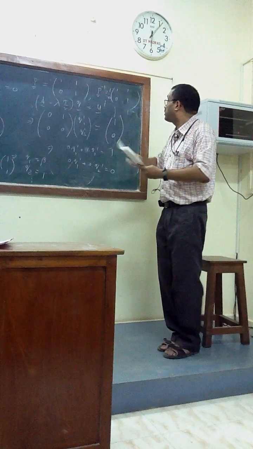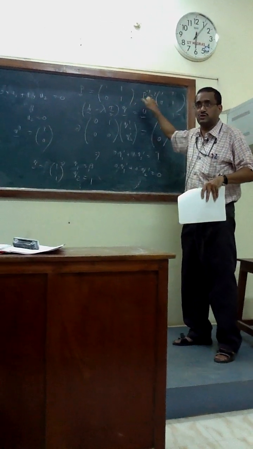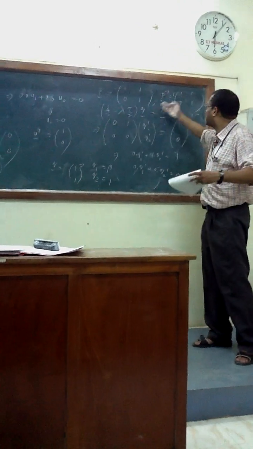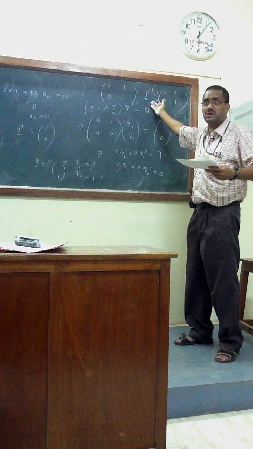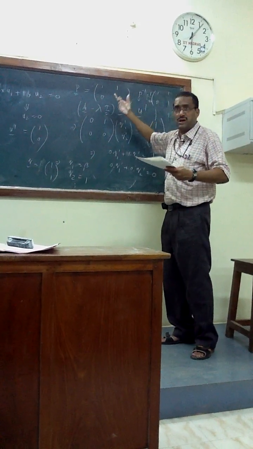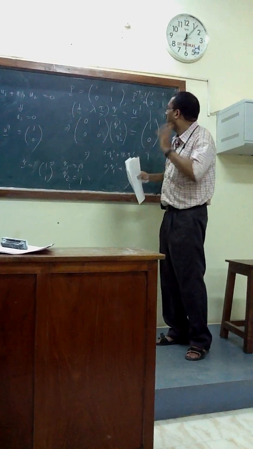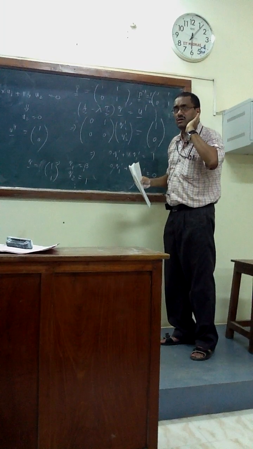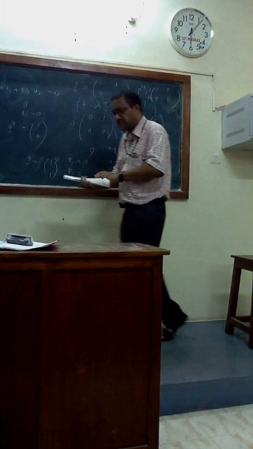If it is correct or not, you can verify: P inverse A P should give the Jordan form. If it is not, it will show up. Or you can directly calculate P inverse from the general principle. Are you getting the correct result? The determinant is 1 minus 1. So what are you getting? What is the relationship for P inverse?